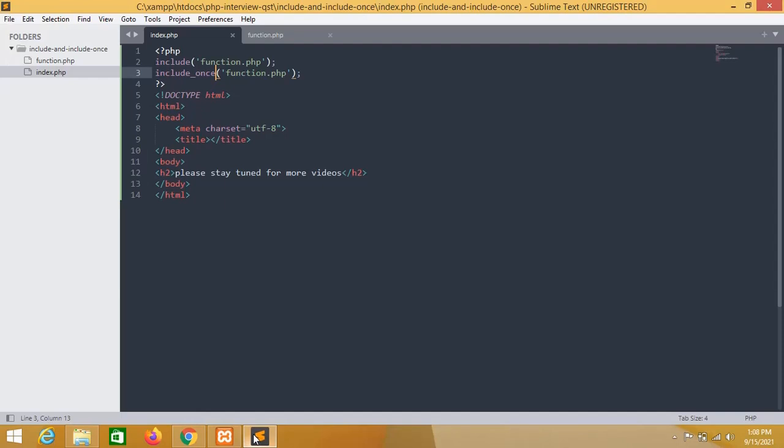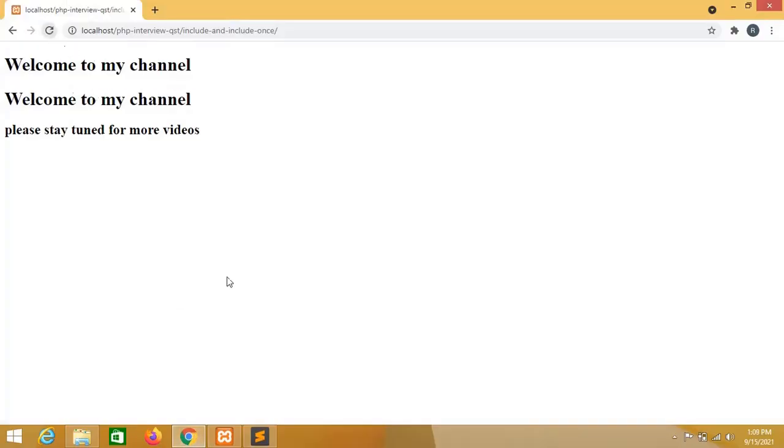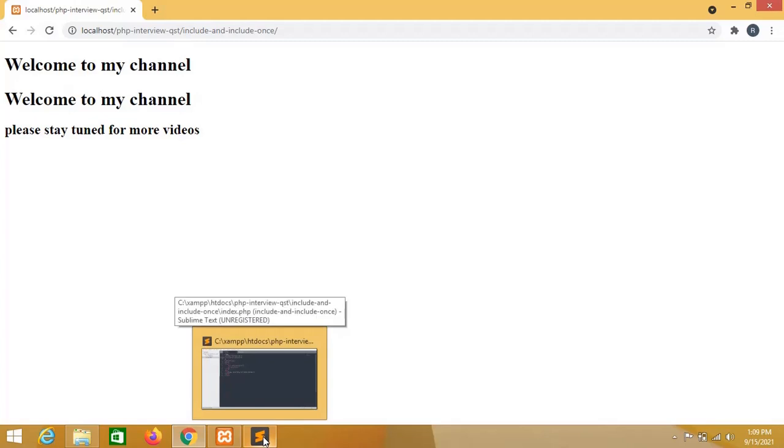So what happens over here? Suppose let me write include again and refresh it. Here we have seen that the output of function.php has printed 2 times.